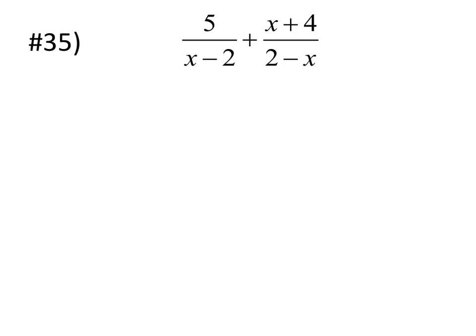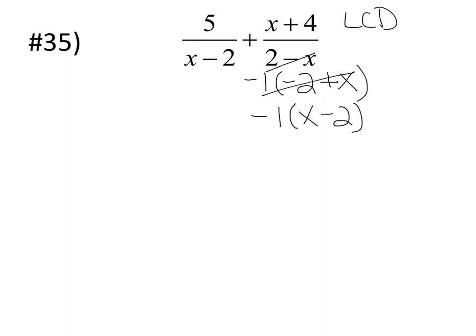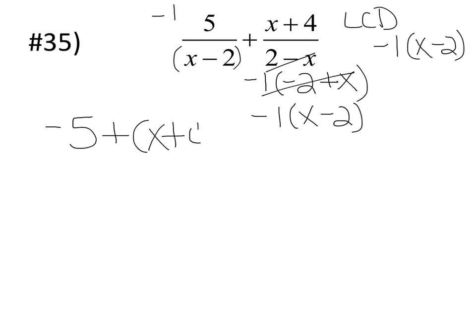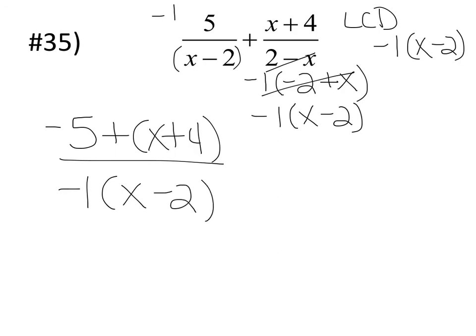Okay, and last one here, same situation. I'm going to factor a negative 1 out and then flip it around. So my LCD is going to be negative 1 times x minus 2. So what is this denominator missing that this one has? Just a negative 1. And then what is this denominator missing that this one has? Nothing. So when you multiply these together, you get negative 5 plus x plus 4 all over negative 1 times x minus 2. Negative 5 plus 4